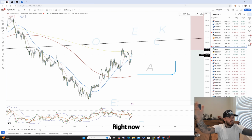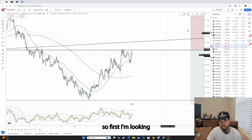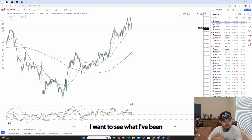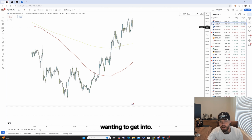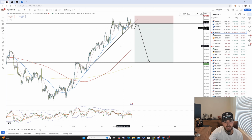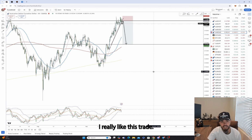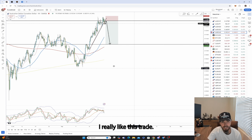But let's go, let's get started. So first, I've been looking at a lot of pairs. I want to see what I've been wanting to get into. AUDs are falling, but I got into this trade today. I really like this trade. Obviously, if you go to the daily,